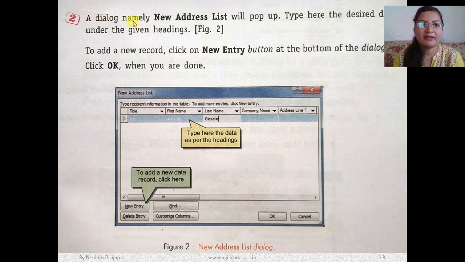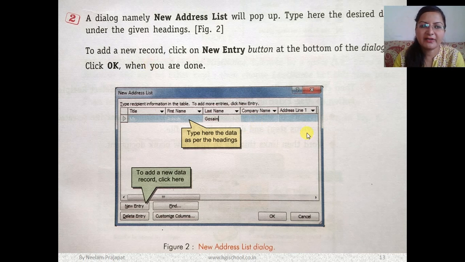Then after that a dialog box, namely new address list, will appear. It will pop up, and then there are title, first name, last name, which are already there. You have to simply fill the details in the rows.